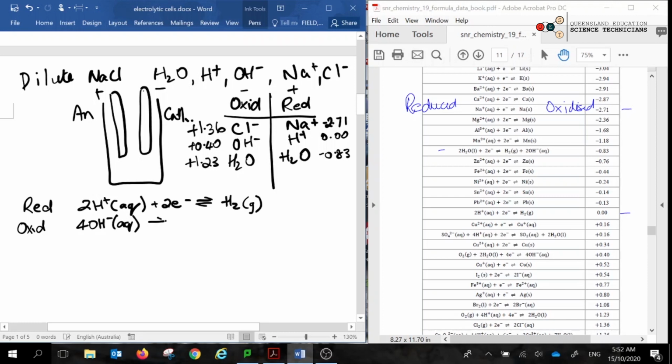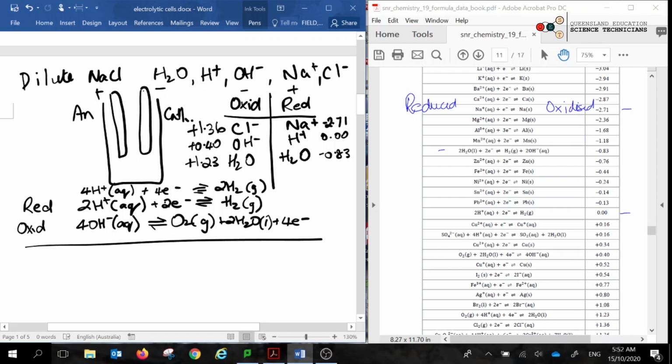Remember, with oxidation, we start with the oxidized product, so we're reversing the equation. Putting my state symbols in, and my electrons must be on the product side. So it will make oxygen gas, it'll make water, and it's got its electrons. Now to balance out, I'll need to multiply the top equation by 2 because I have 4 electrons here. So it'll really be the 4 hydrogens, 4 electrons to produce 2 hydrogen gases. So my net equation, if I cancel out the 4 electrons, I'll have 4